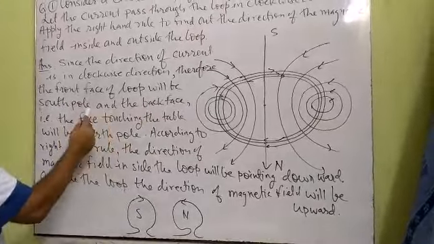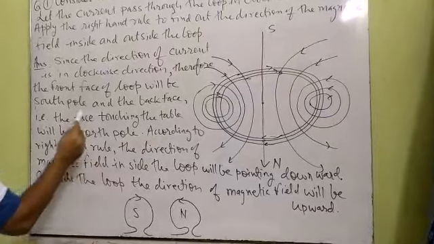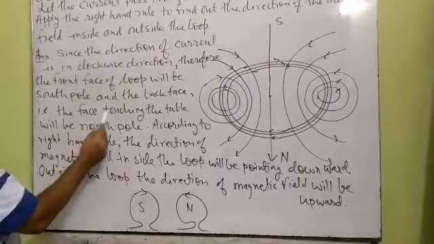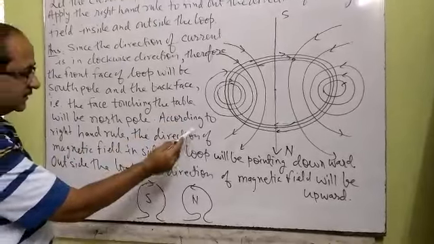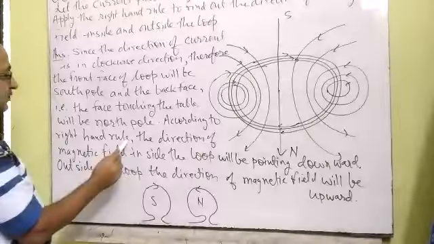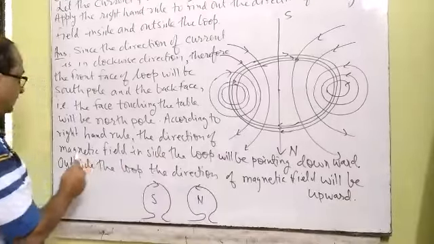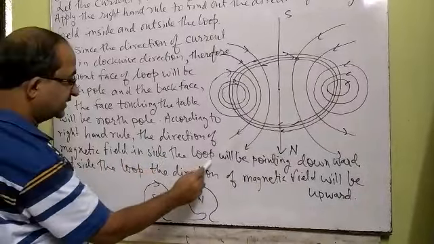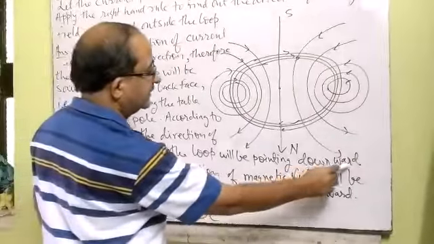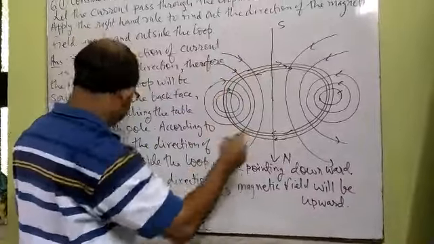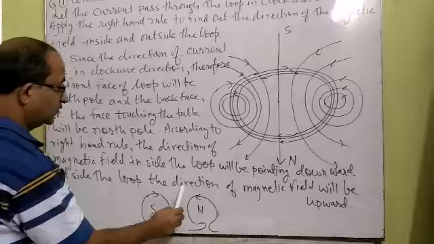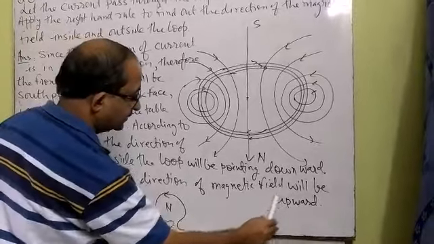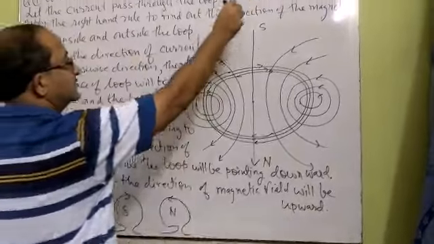From the top it is south pole, and the backward face, that is the face touching the table, will be north pole. And according to right hand rule, the direction of magnetic field inside the loop will be pointing downward, means south to north, whereas the direction of field line outside the loop will be pointing upward, because